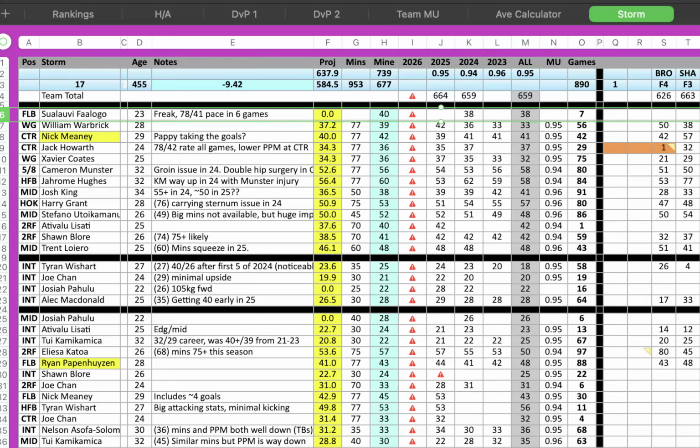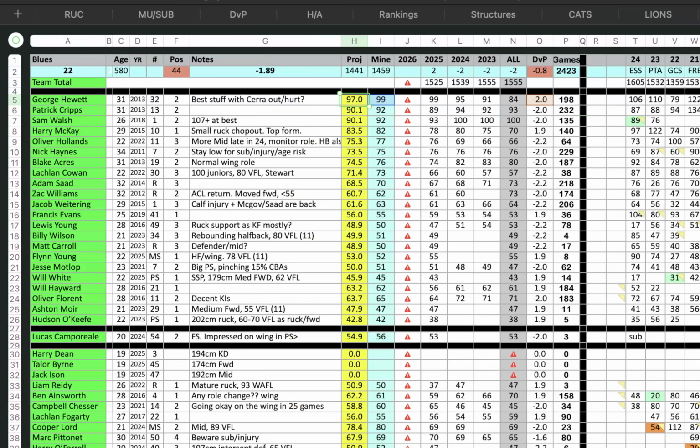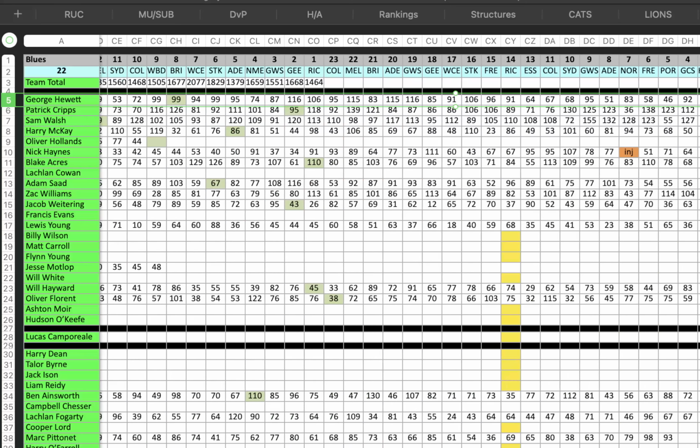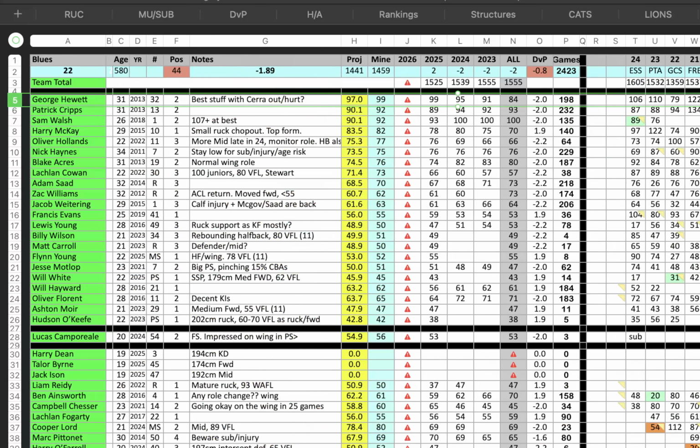I don't organise players the same way in the AFL as in the NRL. So in the AFL, I'll show you that quickly. George Hewitt, there's just one line for George Hewitt. Every score he's ever got is on that line, no matter what role he was playing. And I just have to subjectively work out about what he should average in the role he's playing.